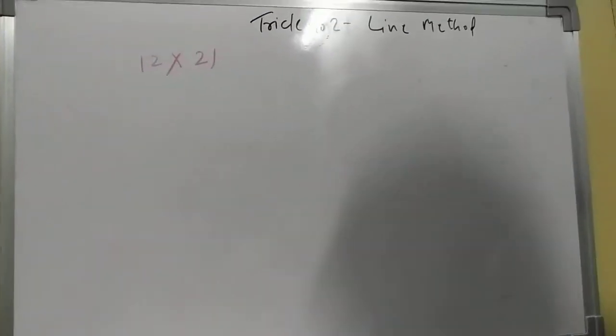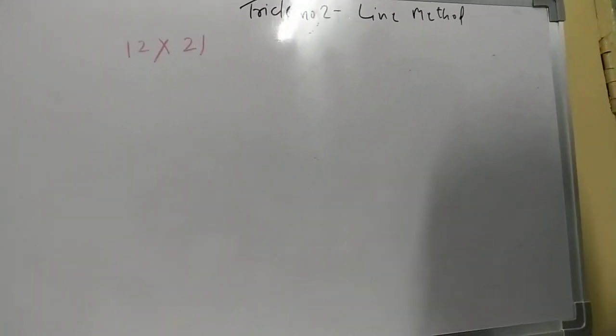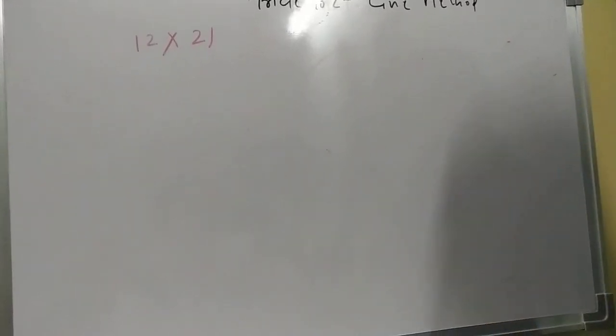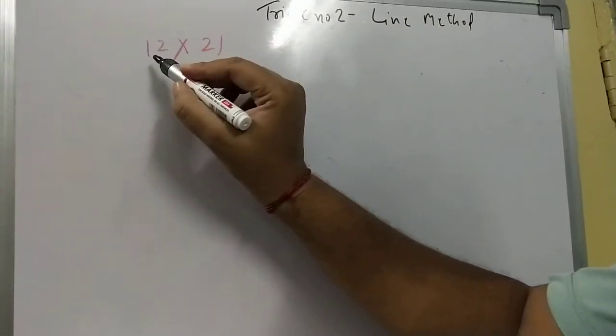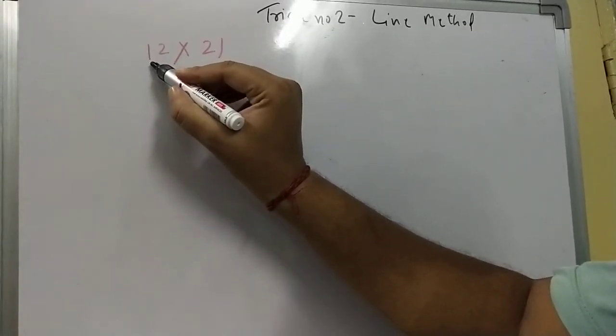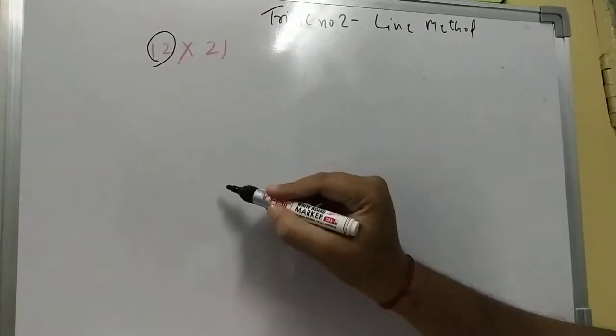If you want to multiply 12 into 21, and if you don't know the tables, need not worry, you are going to enjoy the trick very much. So what we do, our first step is, let's take the first number. The first number is 12. So what you have to do, you have to draw